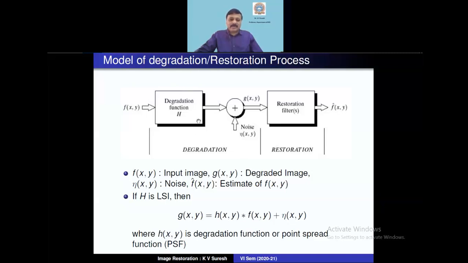So if I make the system linear and shift invariant, then obviously you know that the output of an LSI system is the input convolved with the impulse response of the system. And I also told you in the last class, usually for a two-dimensional system, we don't call it the impulse response, even though it is true. We actually use a different nomenclature called point spread function. Last class I didn't explain what we mean by point spread function. So let us spend some time on this. Now,